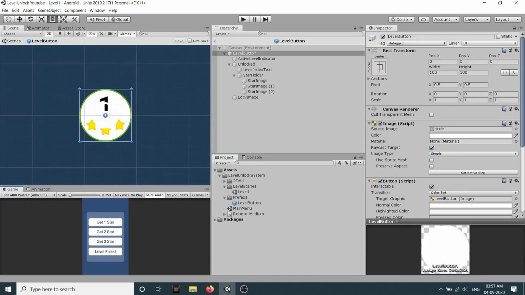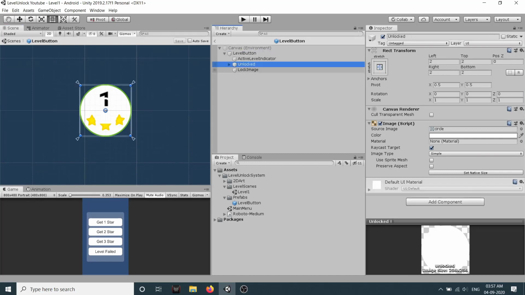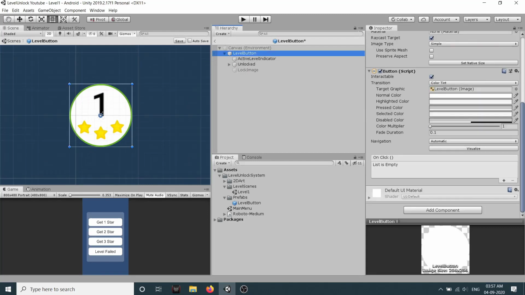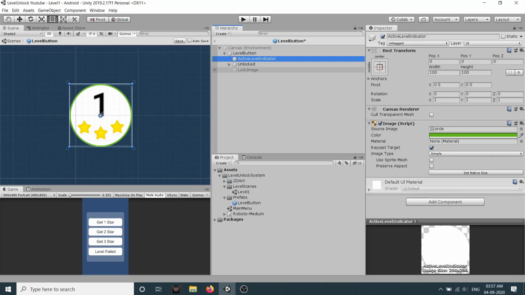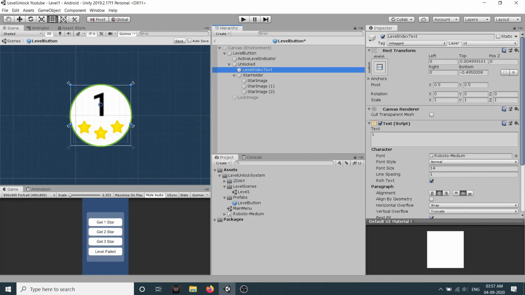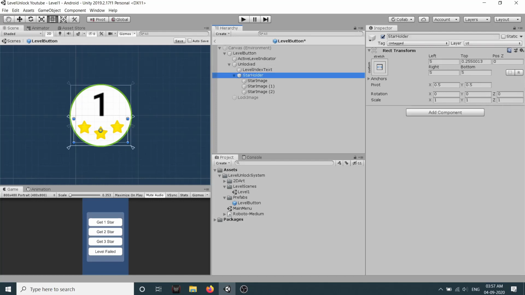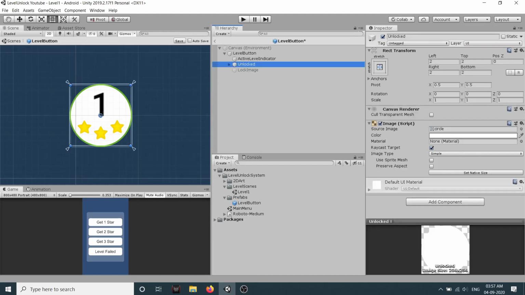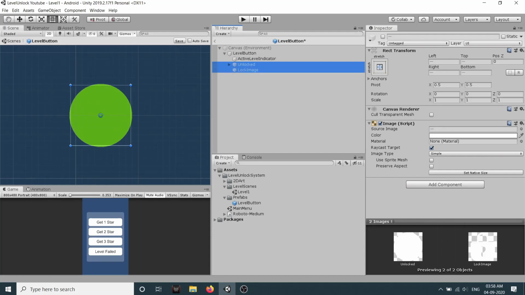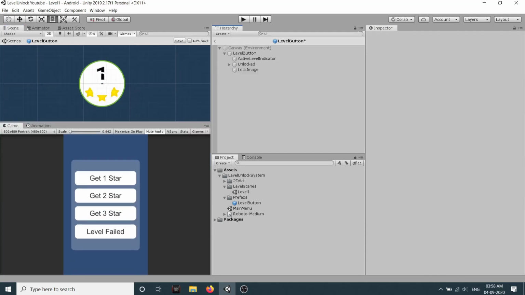So in this prefab, as you can see here, if I just deactivate this lock image, so this is a button. In this button we have this active level indicator, so we can just activate and deactivate this. Then we have this unlock object. Inside that we have this text which shows our level index. Then we have the star holder which holds 3 stars. And then if I just deactivate this and activate this, we have this lock image. So let's activate both of them. Save this and go back.